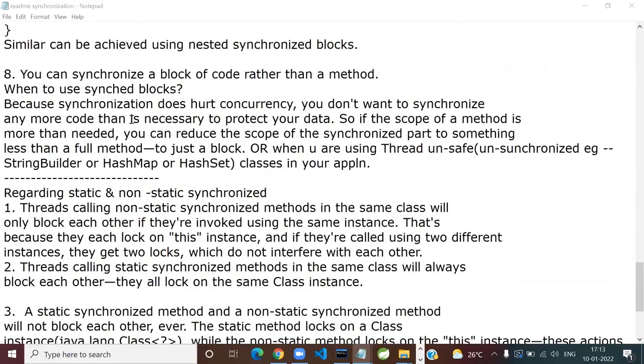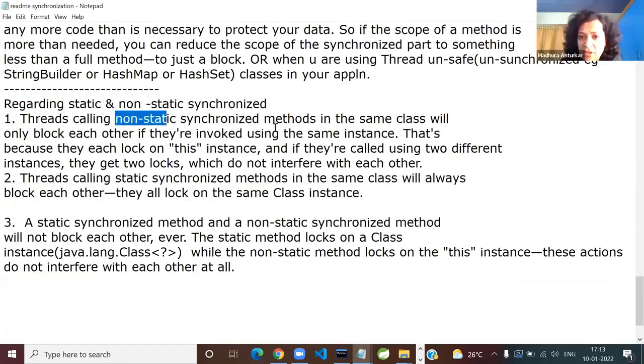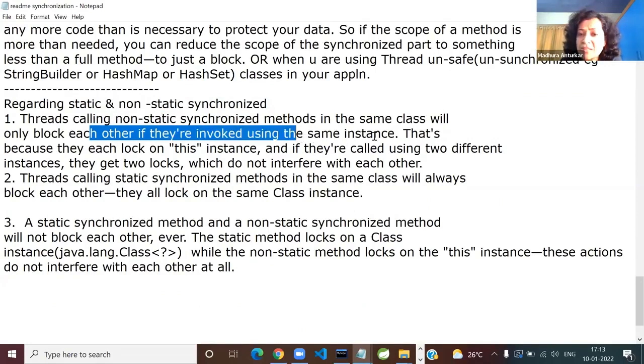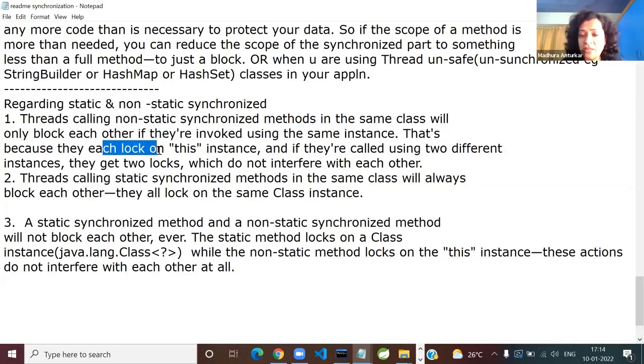Threads calling non-static, meaning instance synchronized methods in the same class, will only block each other if they are using the same instance, the same shared resource. If you are operating on your account and I'm operating on my account, there's no collision, because the lock is associated with the instance and they are called using two different instances.